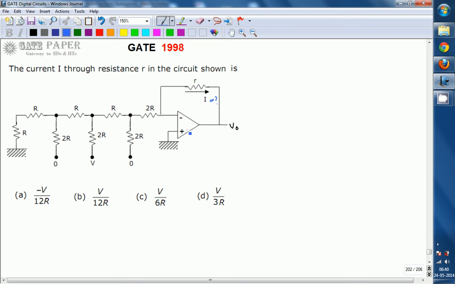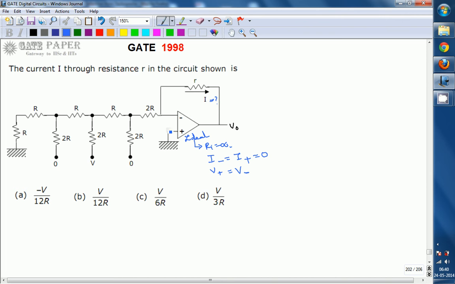And this is an op amp, and we will assume it is an ideal op amp, because nothing is specified about the op amp, which implies we can easily assume an ideal op amp. An ideal op amp has these characteristics: input impedance is equal to infinite. Because of that, the current flowing through the non-inverting terminal and the inverting terminal are both zero. And the voltage at the positive terminal is equal to the voltage at the inverting terminal. The voltage at the non-inverting terminal and the voltage at the inverting terminal are always equal.